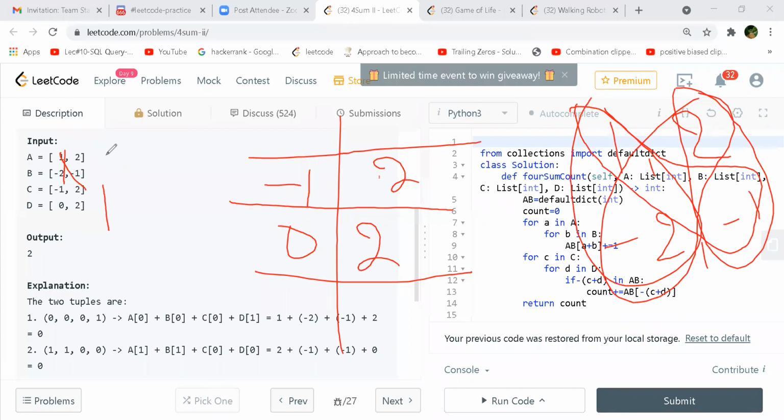So you are first computing these for the A and B arrays and then storing them in a map, some sort of a hash map only, right? Yeah, okay. Now if I check this, -1 plus 0, and if I take the negation of it, this is +1, right? And if I add it with this, it will give me 0 as the result. So I'll take my count as 2.